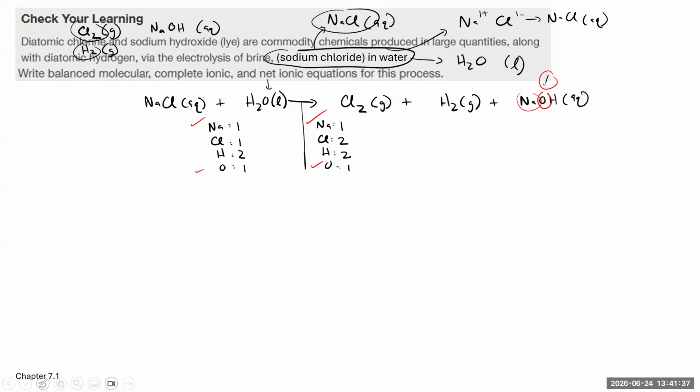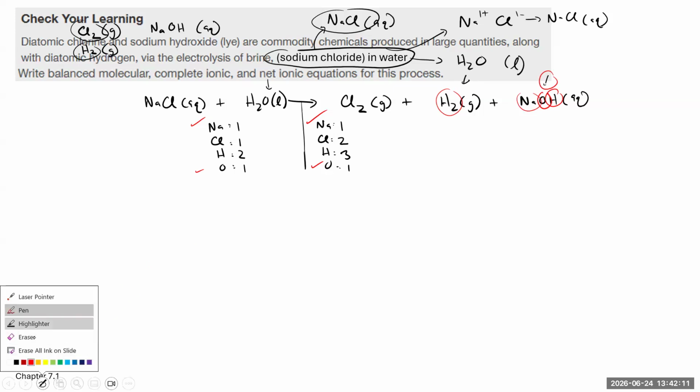Oh, sorry, I messed up. Let's redo that. Actually, hydrogens, we have three, because we forgot about this one, right? So we have one sodium, two chlorines, three hydrogens, one water. So hydrogens are what we're going to balance now. But 1, 2, 3. So we need to get 3 here, but we can't get 3. The only way we can do this is by increasing it by